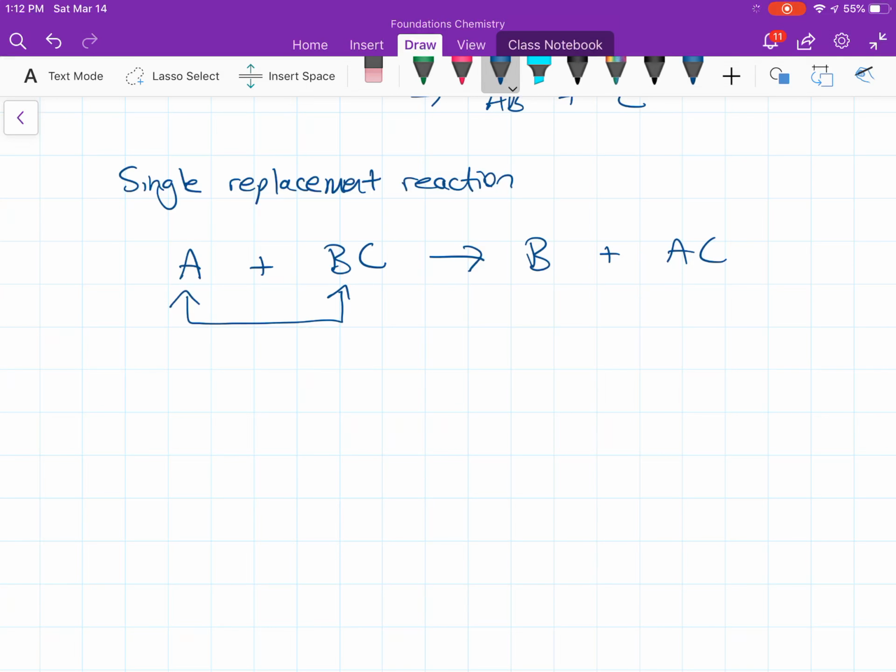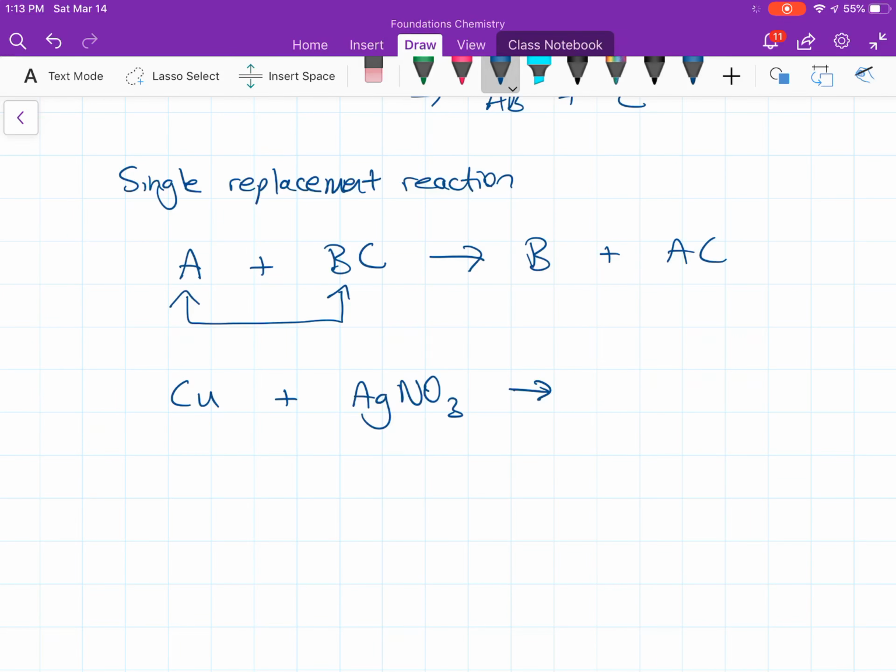Now, on the last day of school, before you left for your break, we did a series of single replacement reactions. The most fun one we did, remember, we took copper and we put it in some silver nitrate. Now, remember I showed you the activity series, and if a metal is going to replace another metal, that's one way, or a non-metal can replace a non-metal, or a metal can replace hydrogen. But remember, regardless, the activity series you're given